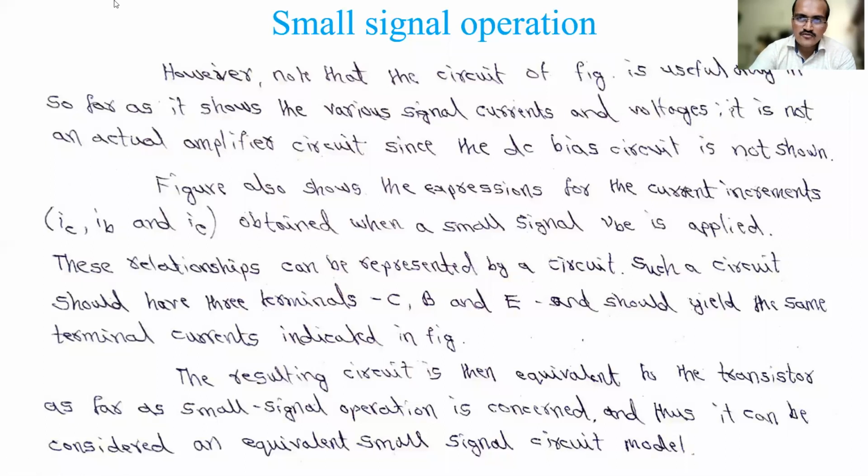This you have already done in the diode also. In diodes you studied something called piecewise linear characteristics, or the AC diode equivalent. If you have a silicon diode, the cutoff voltage is 0.7. Based on that you have drawn the equivalent circuit like this, right? It is replaced by a battery of 0.7 volt. It has a small internal resistance, called r diode, rac maybe. I don't know what you have taken. And then an ideal diode to show the direction of the current. So this is the model of the diode.